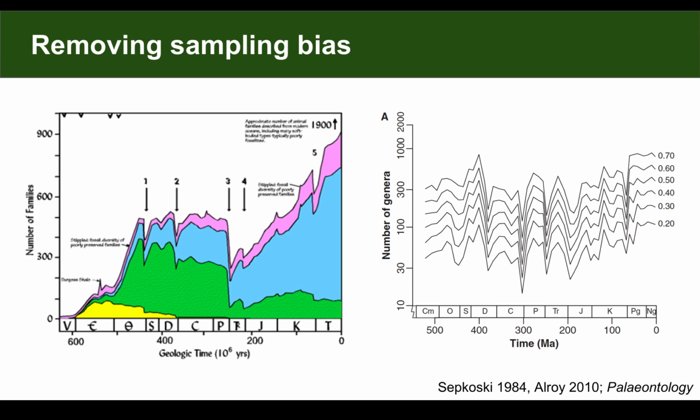And on the right here is one of the attempts to do a similar thing. It's a different taxonomic level and it's much more data because it's two and a bit decades later, but we can see we get quite a different pattern looking at this data. We get a peak in the Devonian instead of the Ordovician. We see somewhat depressed diversity, including a late Carboniferous low, and we don't see such a steep rise at the end from the Permo-Triassic to the present. So accounting for sampling can really change our perceptions of the fossil record and the history of life.